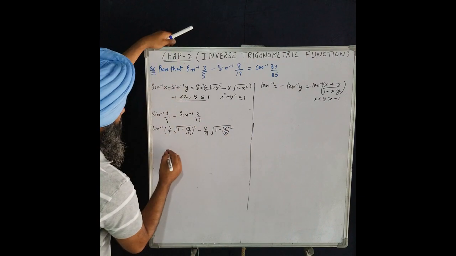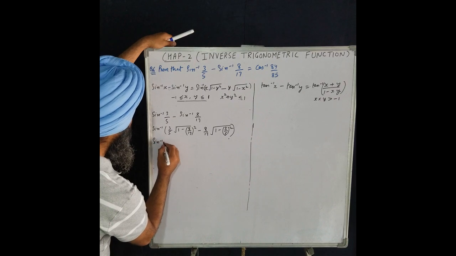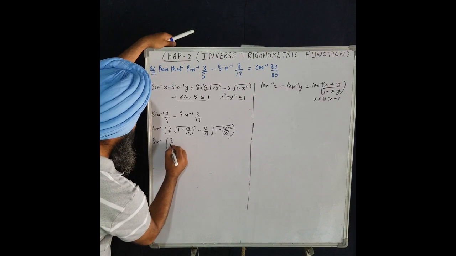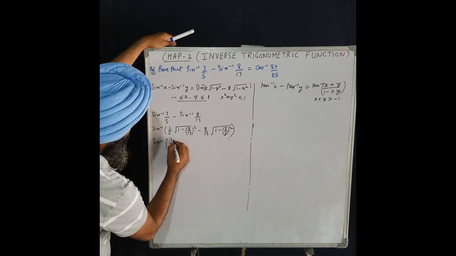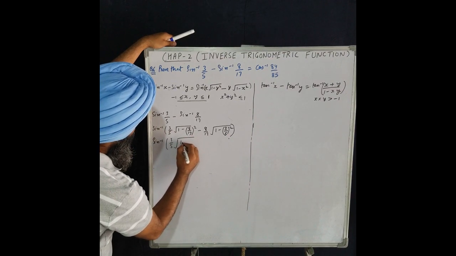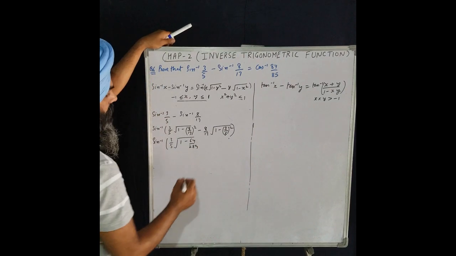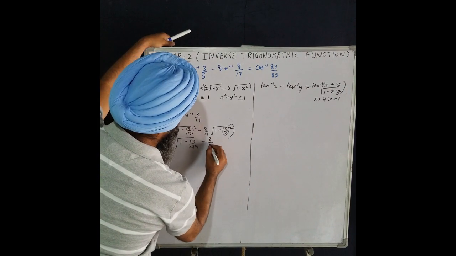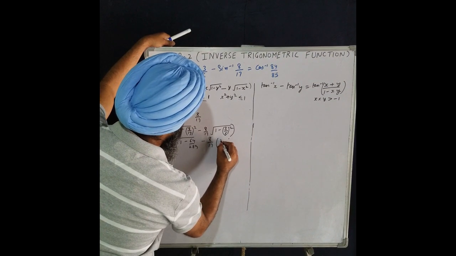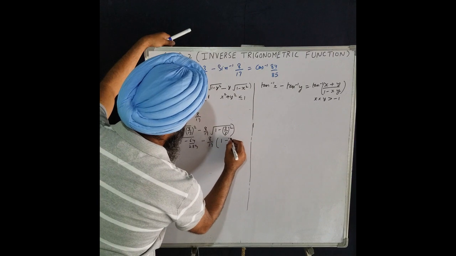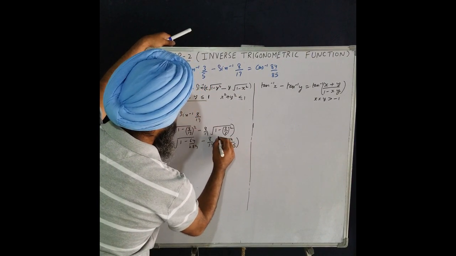Okay, here sine inverse 3/5, 17 square is 289. Okay, it comes out to be 1 minus 64/289. Okay, here minus 8/17, it comes out to be 25 minus 9, 1 minus 9/25. Okay,